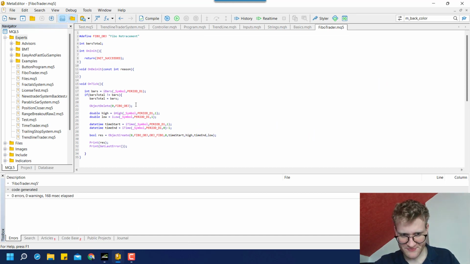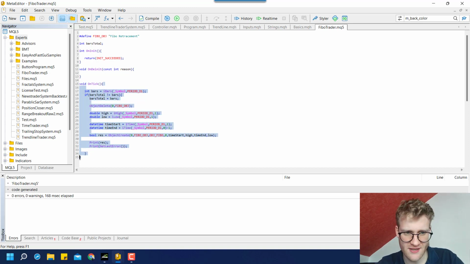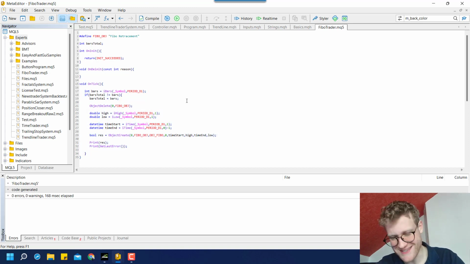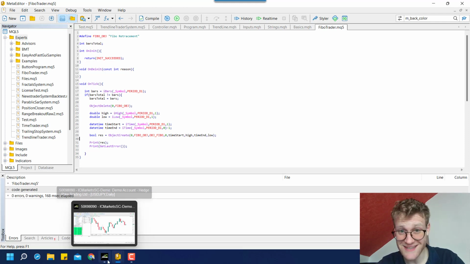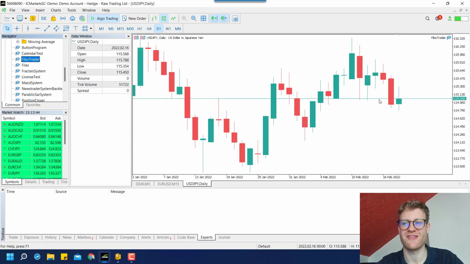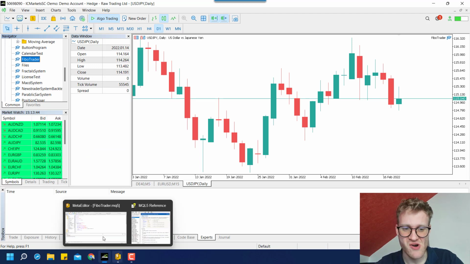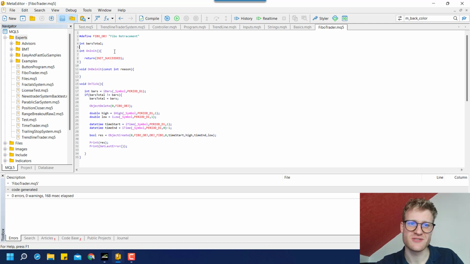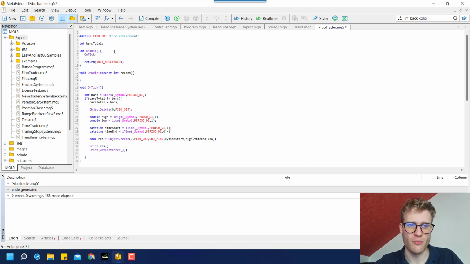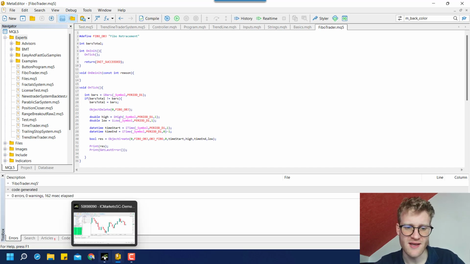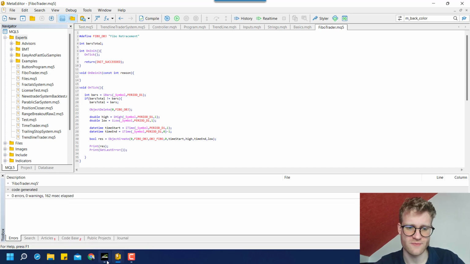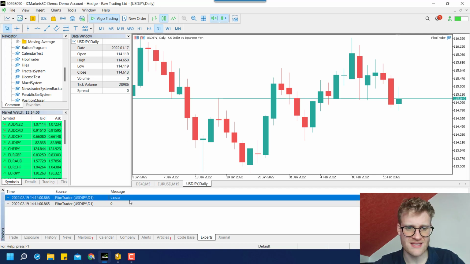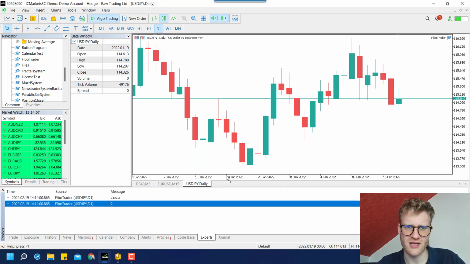Okay, I was pretty dumb here because I added the code to the OnTick function, and as always, I'm recording this video on a Saturday. So of course there are no ticks in the chart, and this is why this source code is never executed. So we can fix this real quick by calling the OnTick function in the OnInit function. So whenever the program is activated, we automatically call the OnTick function. And now we see, there is the output,